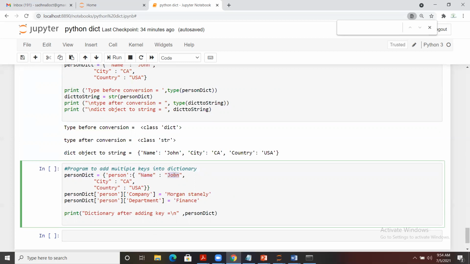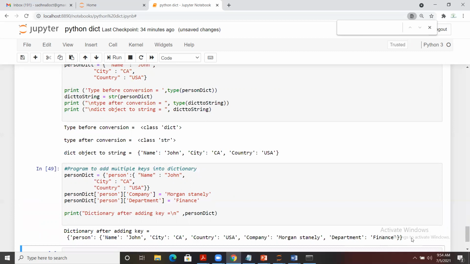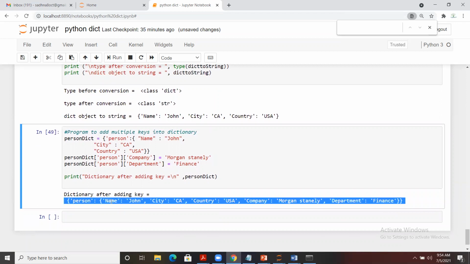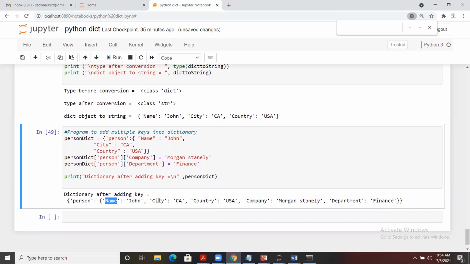I want to add company and department as well. So I have put person, that's the outside dictionary, and inside that I need to add company and department and their values. Once I run it, you will see for person we have added them. Previously it was only name, then city and country, and now we have added company and department as well.